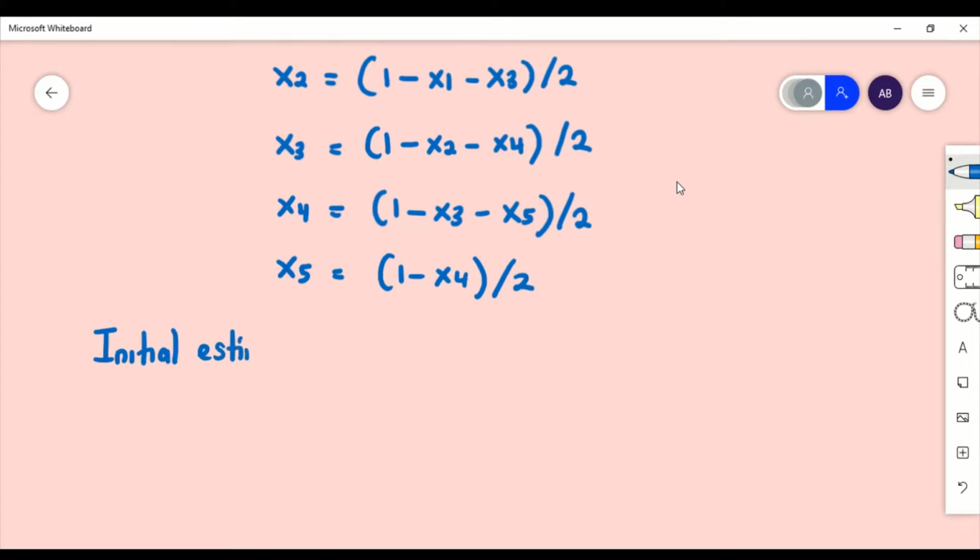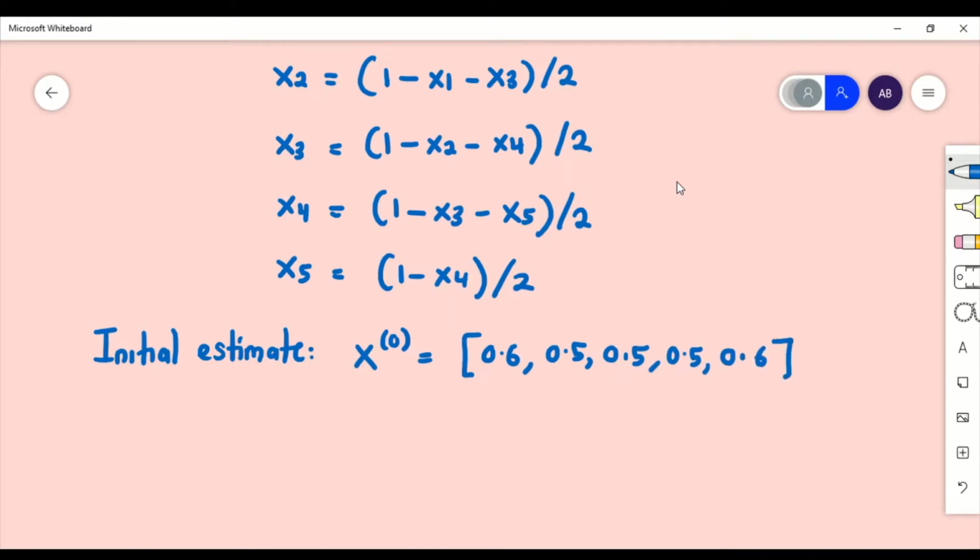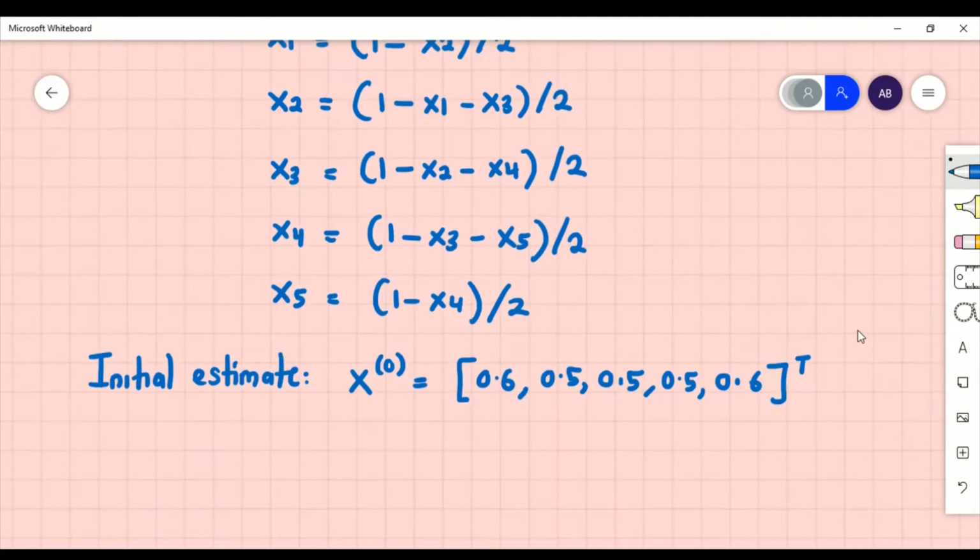Okay, we can start with any initial estimate. So I want to start the initial estimate as this: 0.6 for x1, 0.5 for x2, 0.5 for x3, 0.5 for x4, and 0.6 for x5. Usually if the initial estimate is not given, you can use any initial estimate, it doesn't matter. So based on this initial estimate, what I can say here